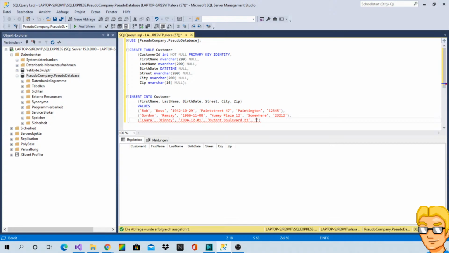Someplace, I don't know. Clawville. 7, 8, 9, 2, 1. There we go. Fire.